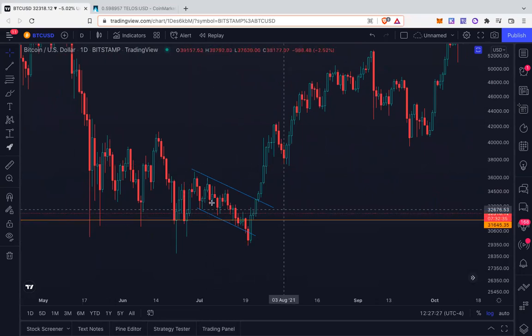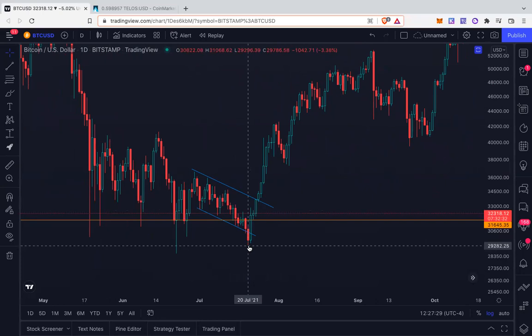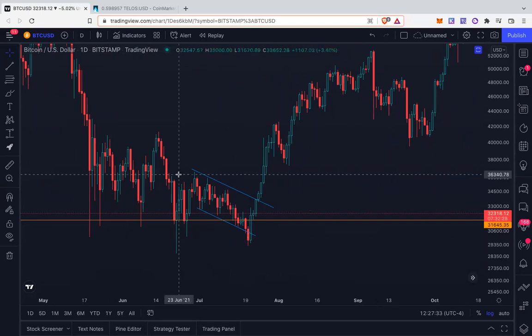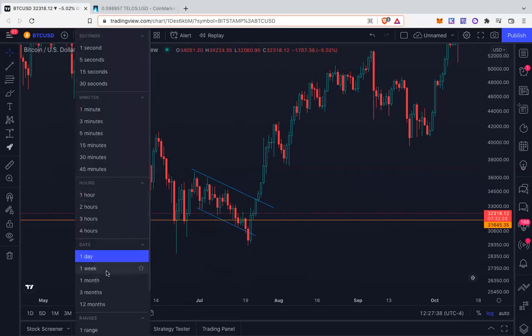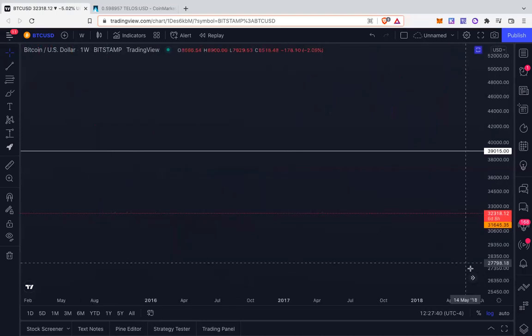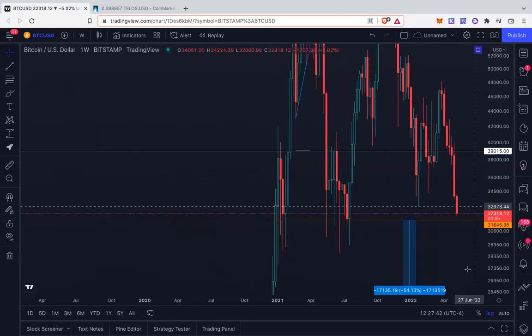So I mean, the low candle close is 29,800. So you can really just make it, you can create